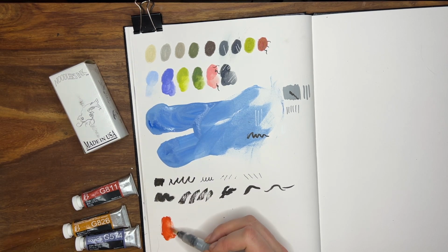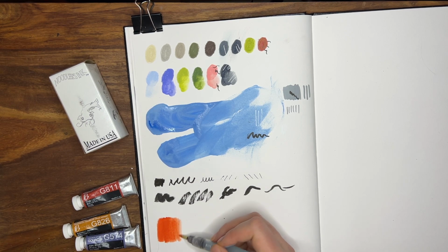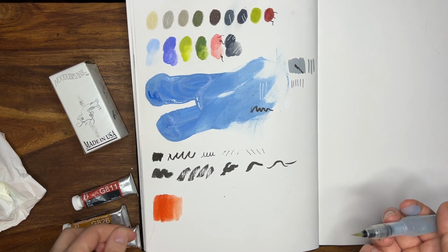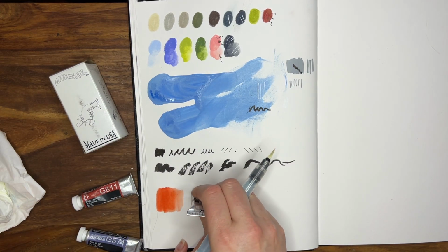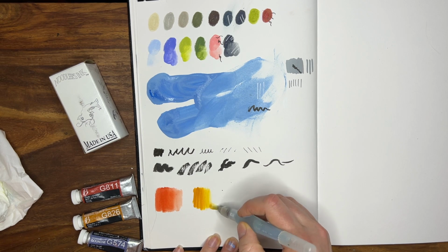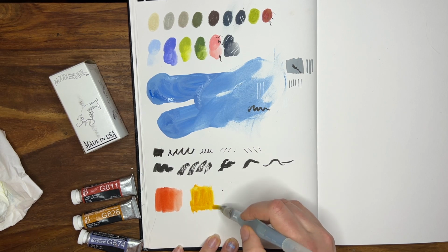So this is the traditional gouache, so it will reactivate with water, but it is just a beautiful rusty orange color. I love a convenience color. I'm getting better at mixing and not hating mixing as much, but if there's a beautiful color that I can just use, I'll probably do that. So this orange is one of them, as well as the amber. I also find this amber is really good in mixes. It mixes nicely with other paints to make interesting greens and oranges, so this is the amber color